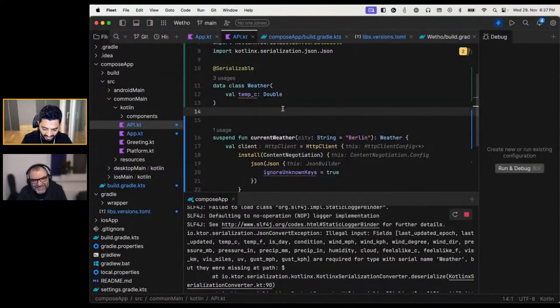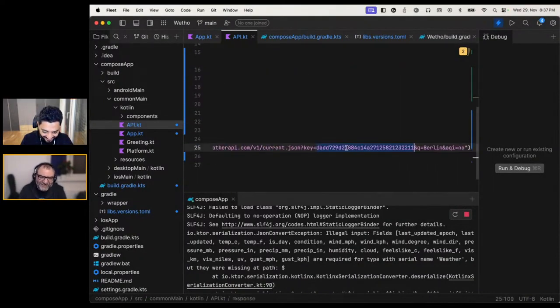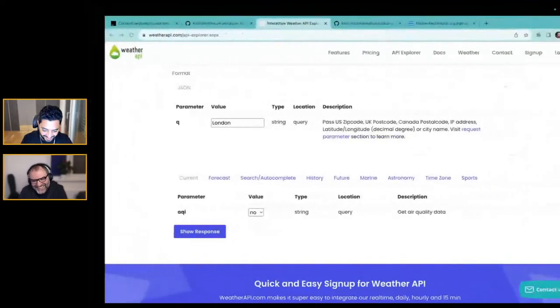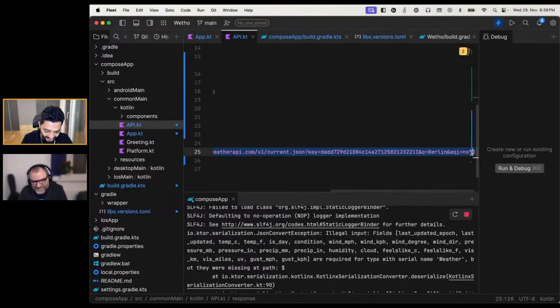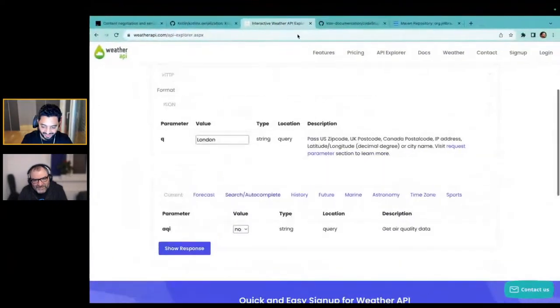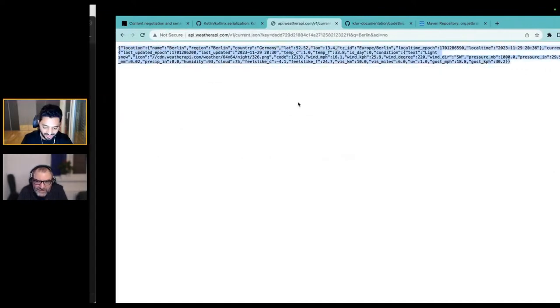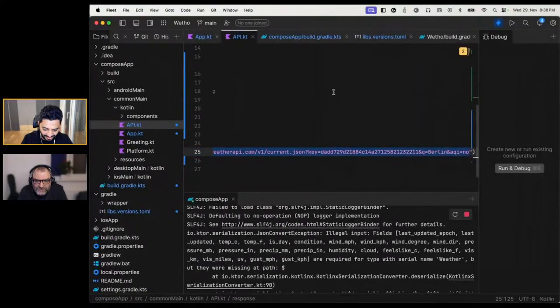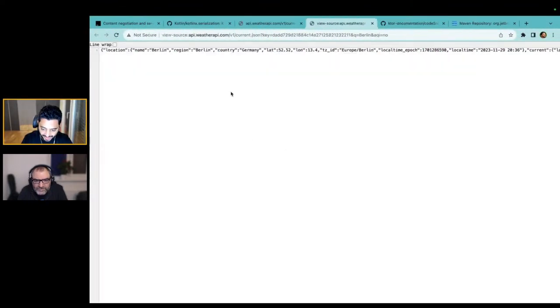Let's get the key. It's not secret. To everybody who's watching, you can use the key. It's the free one. Don't worry. Actually, there's a better option. We can get the object from the browser directly. I mean, it's a GET response, right? So this is the object, and if we look at the source, I hope it's a bit formatted now. No, you need to install